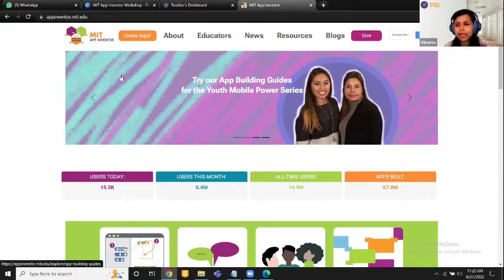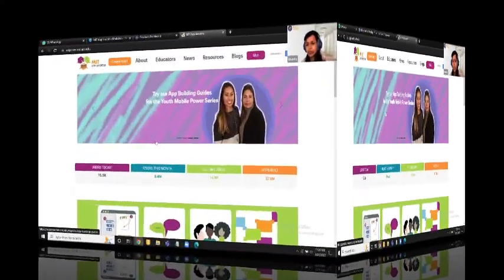Once you type MIT App Inventor in Google, you should be able to see a few links. Just click on the first link and